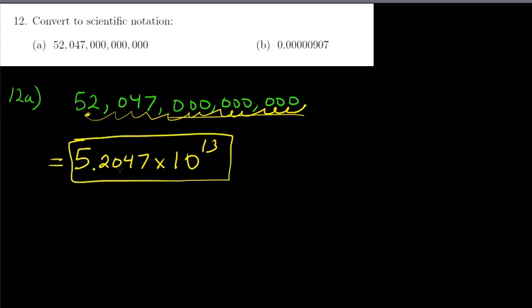So 5.2047 times 10 to the 13. Okay, so part B, very similar, but now you're going the other way. Oops, 12b. So the number is